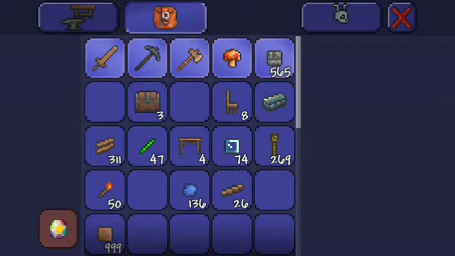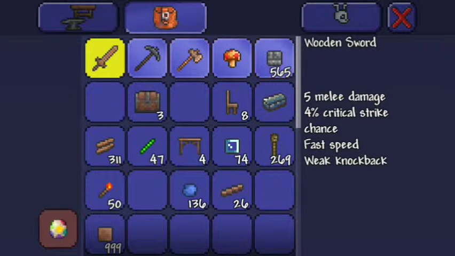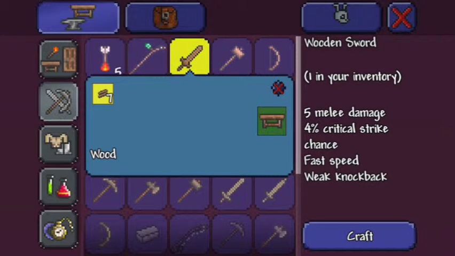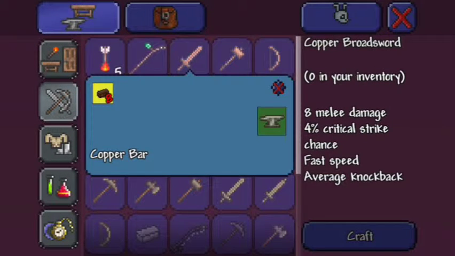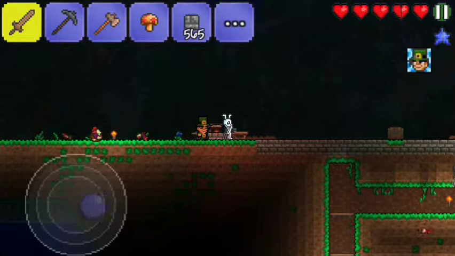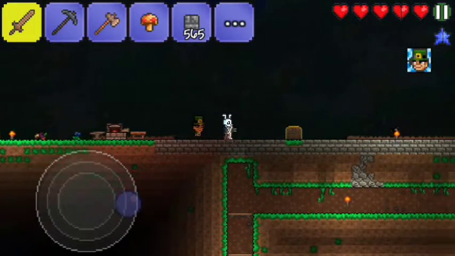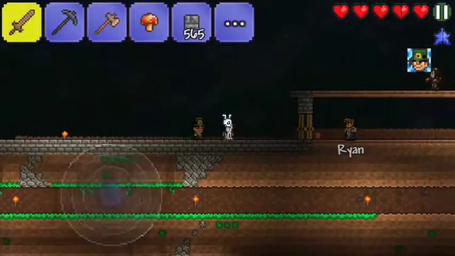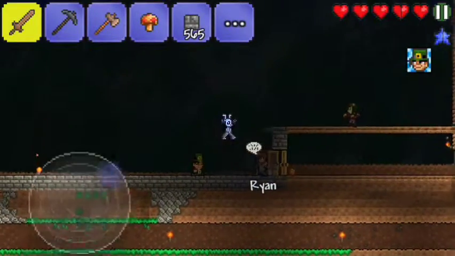Okay, so should I make a copper sword? It would be more damage. I think I'll wait, though. I don't need it that badly. Okay, so what I want to do for now... Oh god, zombie,